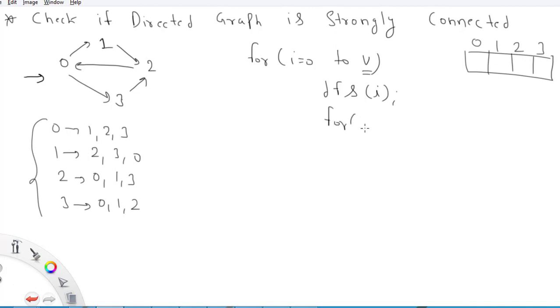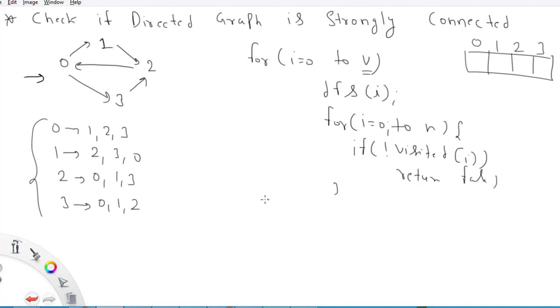Now I will again check this boolean array, and if there is even a single point which is false, then my graph is not strongly connected. So that's what we need to check.